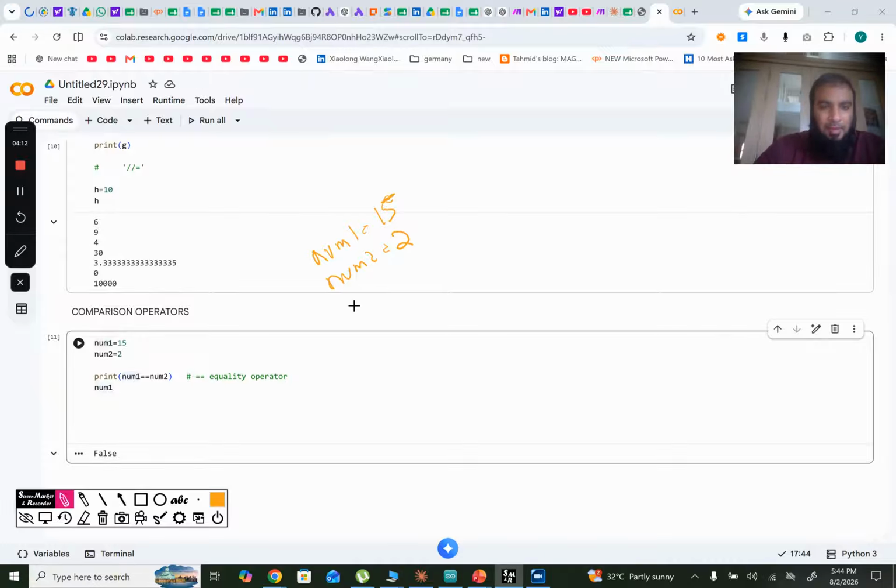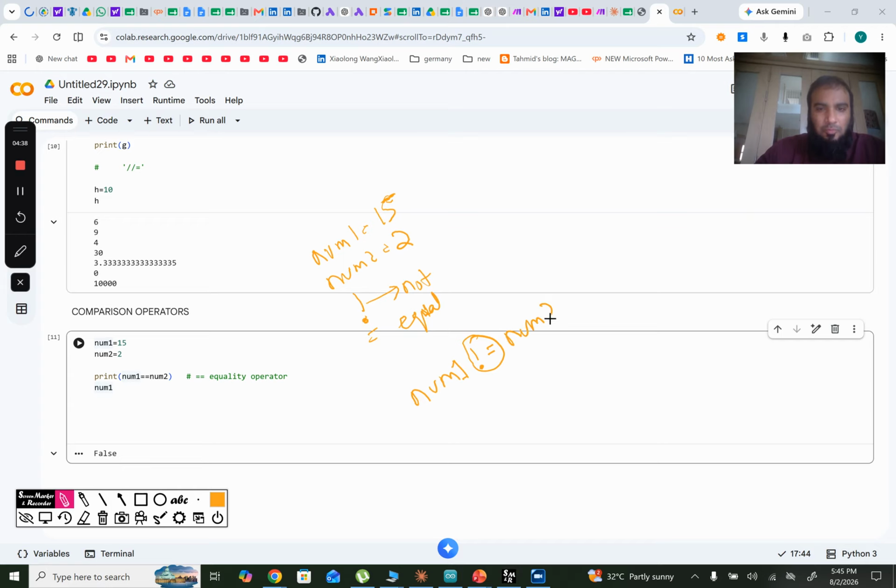And if I want to check if the two are not equal, the sign for not in Python is this exclamation mark. Exclamation mark means not, equal means equal. So to check if number 1 is not equal to number 2, we will write like this: number 1 not equal to